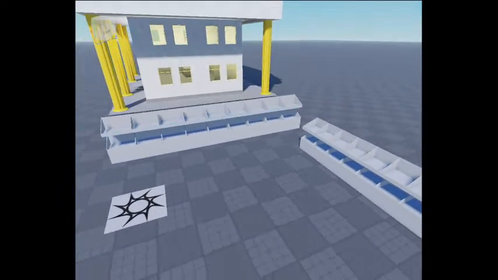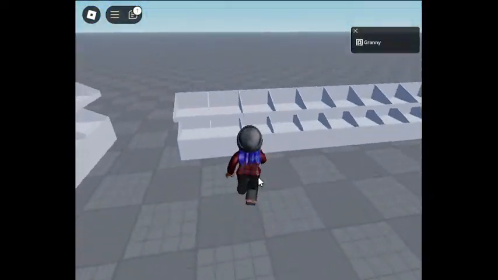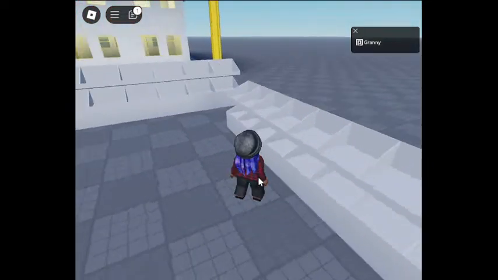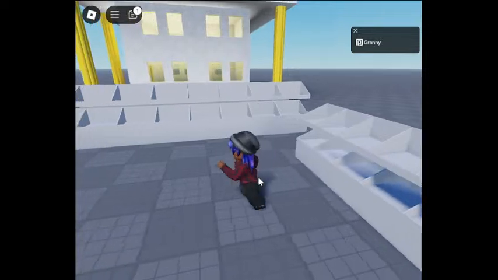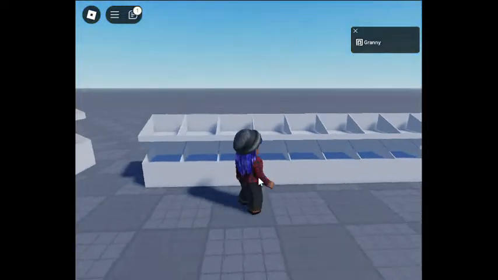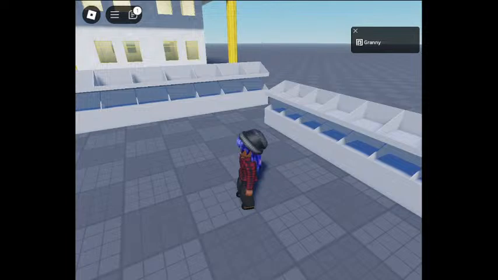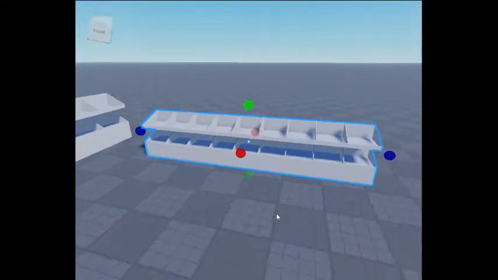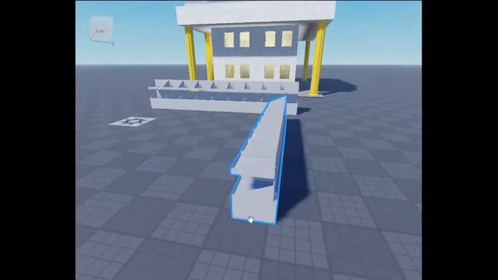Okay, let me test the sizing. This is looking a little big. Yeah, this one's definitely looking better, size-wise. Okay, so we'll go with this size. I know some people have bigger avatars, but